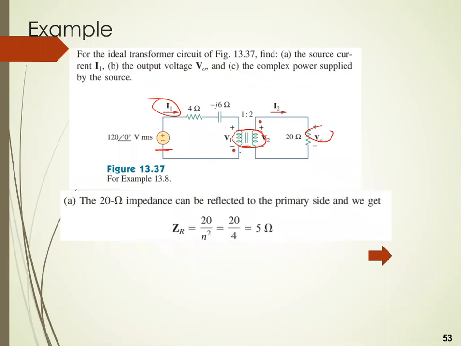So the 20 ohm impedance at the load can be reflected to the primary side. And the way I do this is by dividing that impedance by the square of the turns ratio. So in this case, again, the turns ratio, remember, is 2, because you have 1 to N, so this is 1 to 2 in this transformer. So the square of the turns ratio is 4. So this impedance, when I do the reflection, is going to be equal to 5 ohms. Okay, so doing that now,